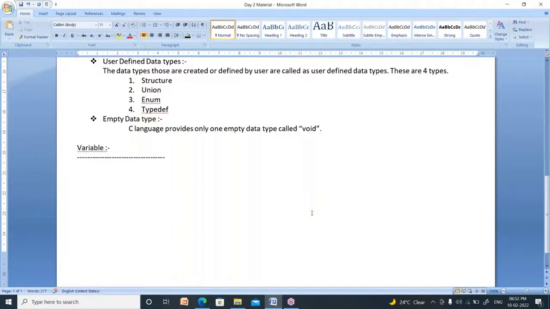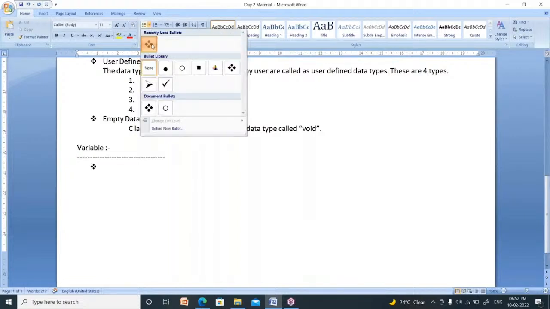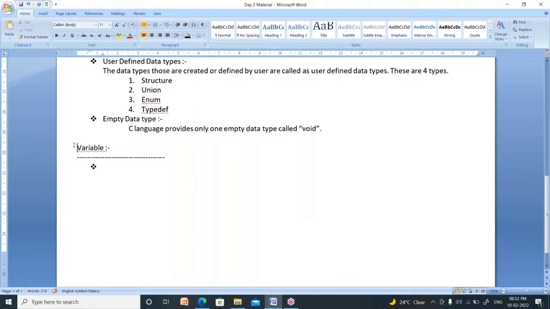In the same manner, to store data, you require one concept known as a container. That is nothing but a variable. A variable is nothing but a container, like your pocket. You have a shirt with one pocket. What is the use of a pocket? To store a pen, a mobile, papers. So it is nothing but a container.